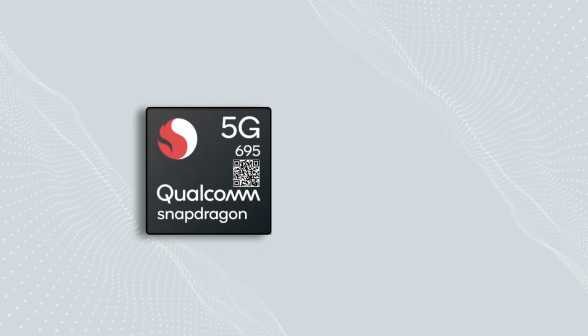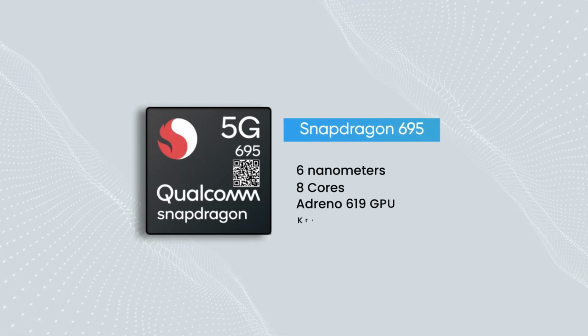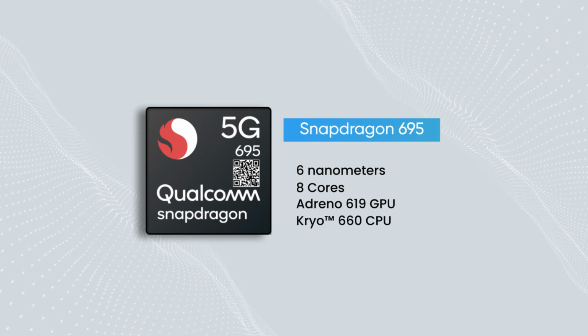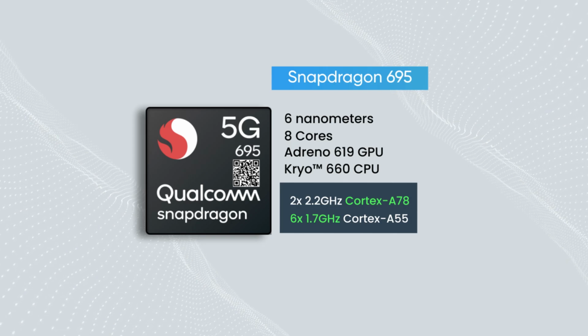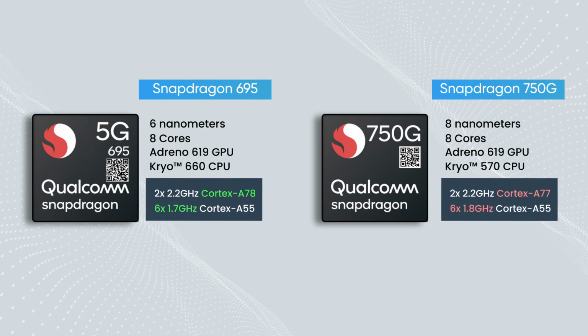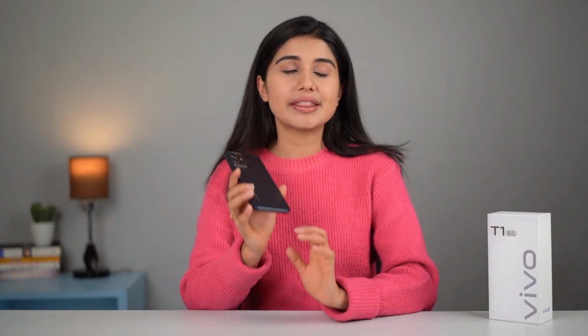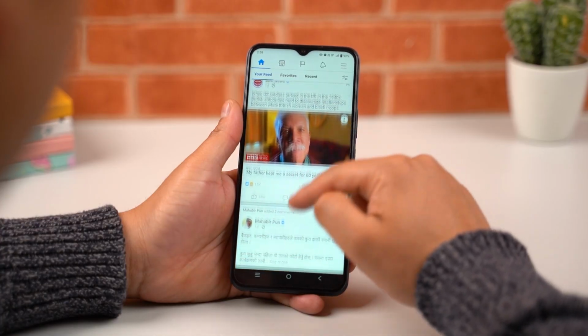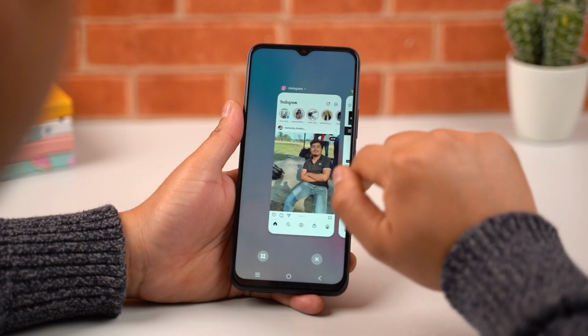Powering this handset is the Snapdragon 695 SoC, which on a quick glance may feel like a mediocre processor, but actually it's not. In fact, Snapdragon 695 has newer Cortex-A78 and Cortex-A55 cores and can deliver performance comparable to the Snapdragon 750G. As I have already used the 695 in the Moto G71, I am well aware of what this processor is capable of. The phone can easily handle regular day-to-day tasks, while you will have no complaints with its